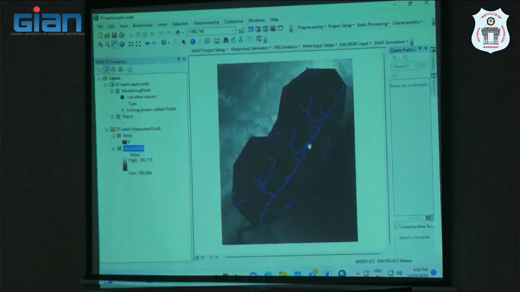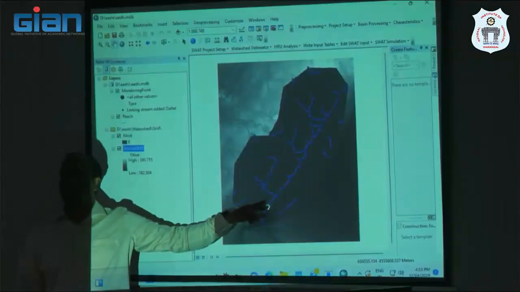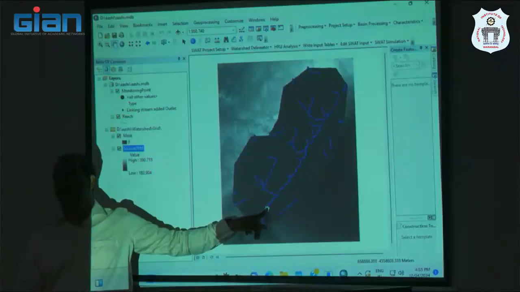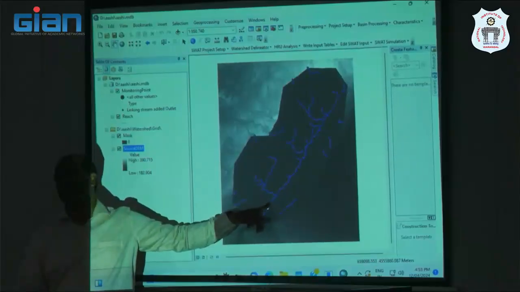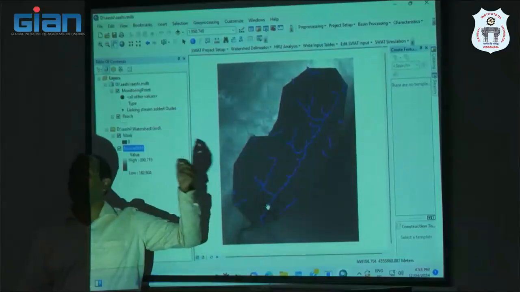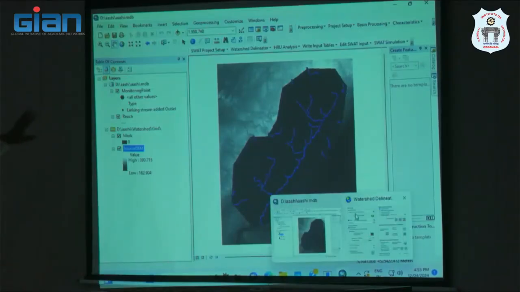But then, to compare any model, there are gauge points which are point measurements. Let's say your measurement is happening here. You cannot compare your outlet from here to here, because there is an additional area that is draining, and routing is happening. So there will be a difference in flow from here to here. So we need to add all the gauge points from the shape file that we have. So in your ArcMap,